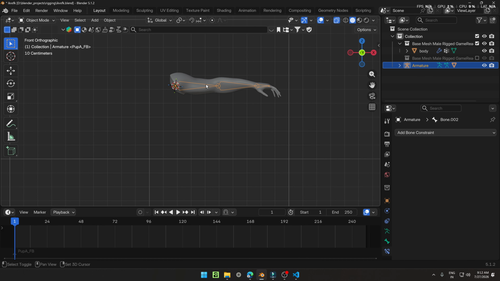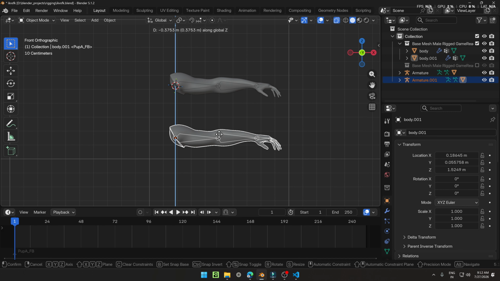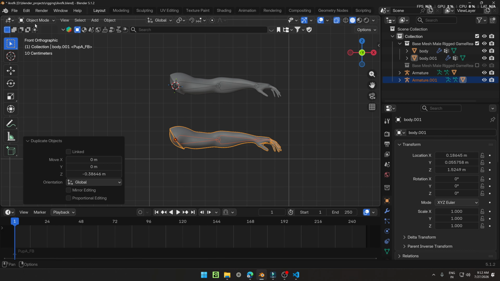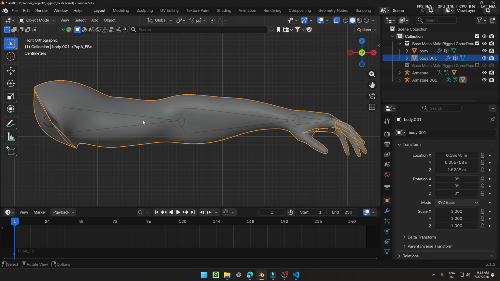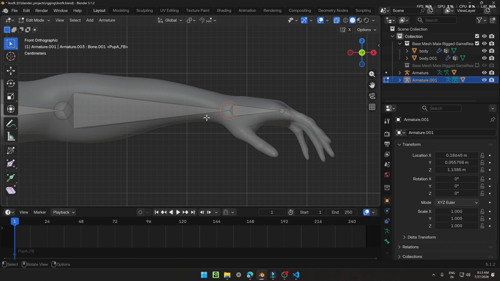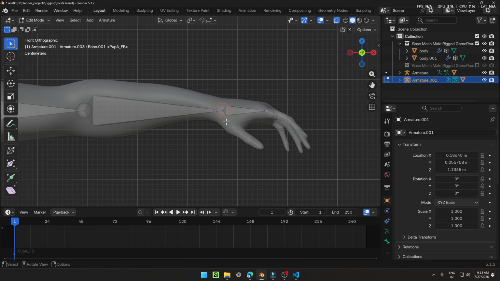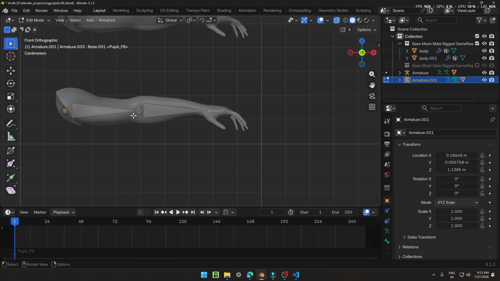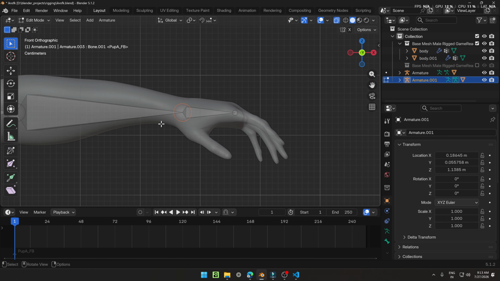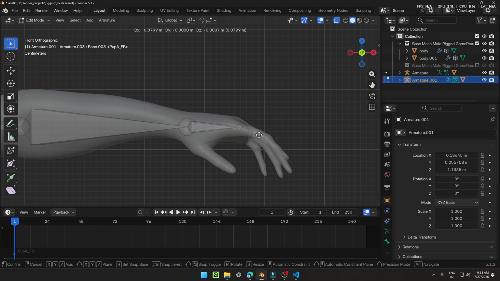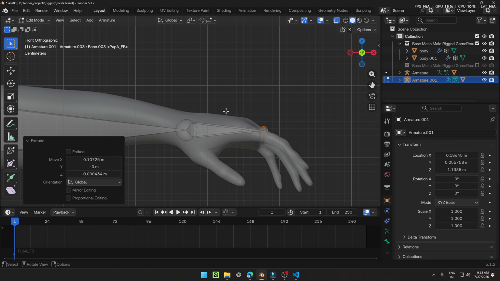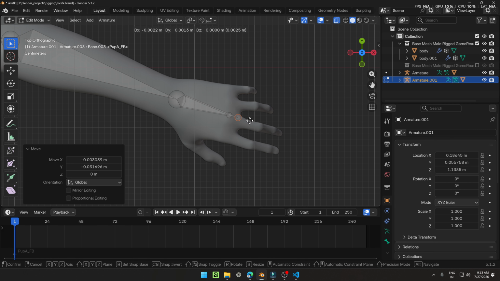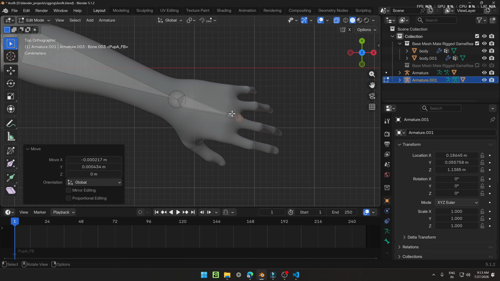So let's see. Let me duplicate this one because we will use this same setup. Now select the armature and go to edit mode. To create the IK, we have to add a new bone. That new bone will control the arm. So let's select the tail of our forearm bone and extrude it. I will make it a little bigger than the hand bone so that we can visually see it. Adjust the position so they are almost overlapping each other, because this hand bone will also follow the IK